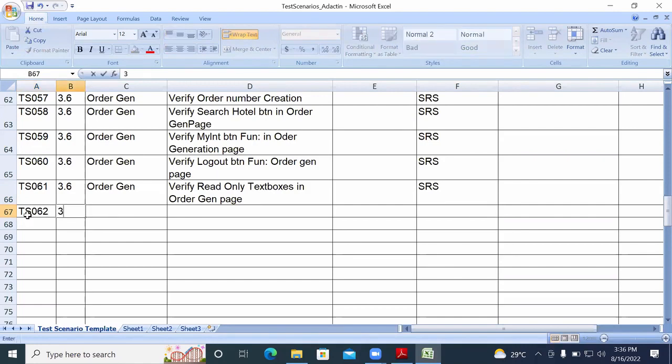TS062. Requirement number 3.6. The 3.6 is related to order generation. Okay, what is the next one? One is read only text boxes. Apart from that,